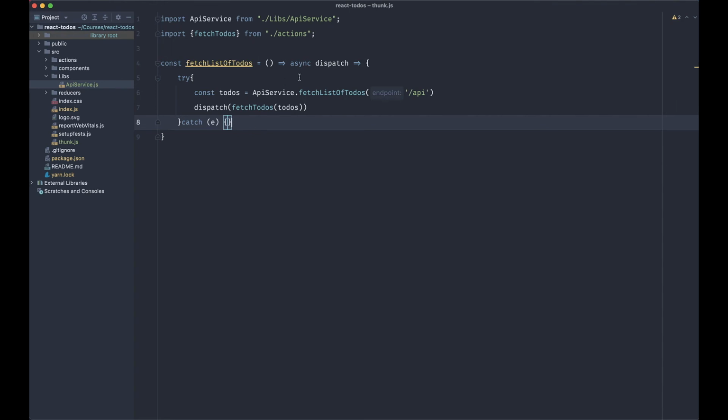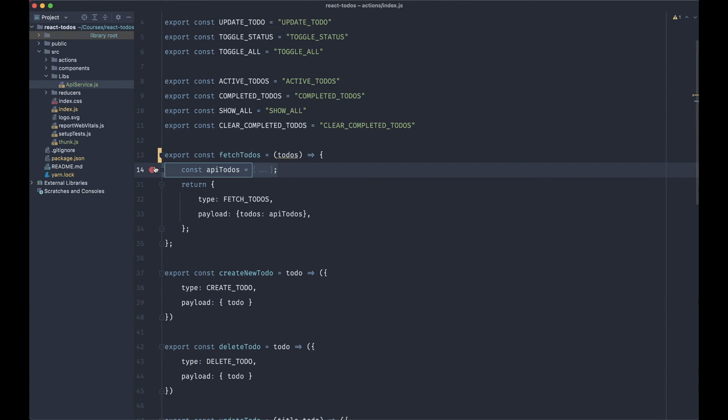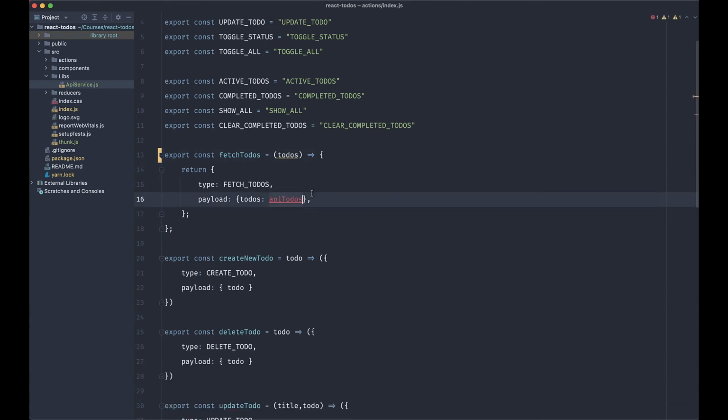Okay, but think about it. The component is going to call this function. It's going to communicate with the API, get the to-dos that we need, and then it will dispatch this action creator here. Okay, so that means that this is going to change because we don't need this static data anymore. Once we accept to-dos, we will just simply pass it on like this, and with any luck everything should work as expected,